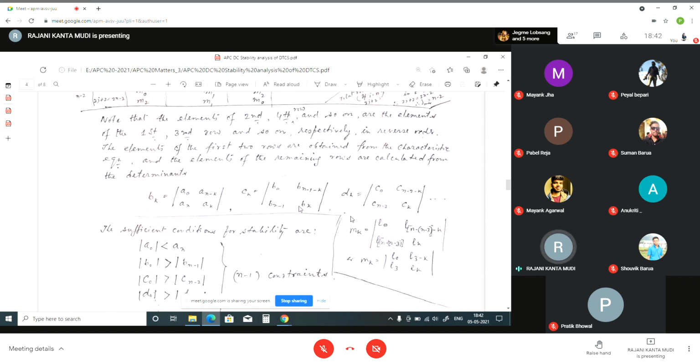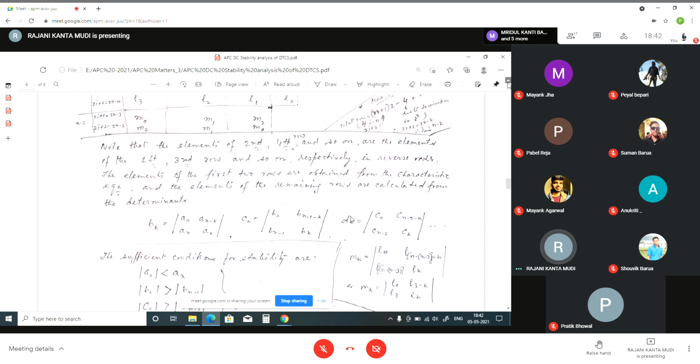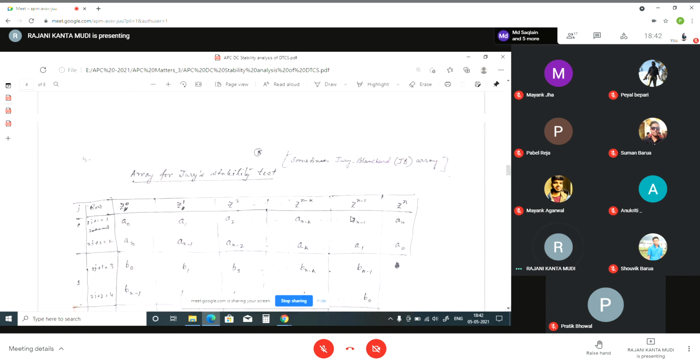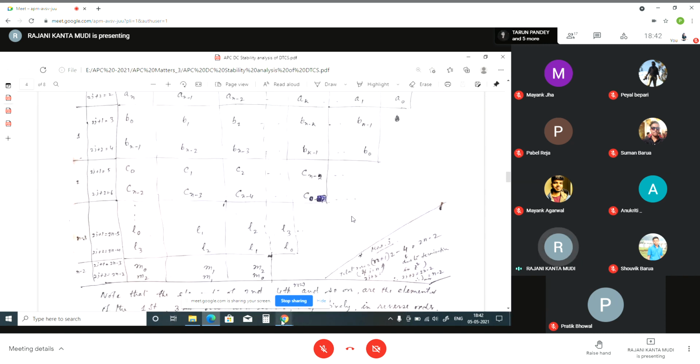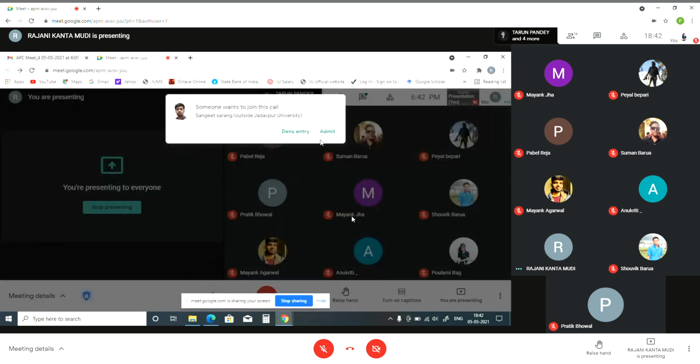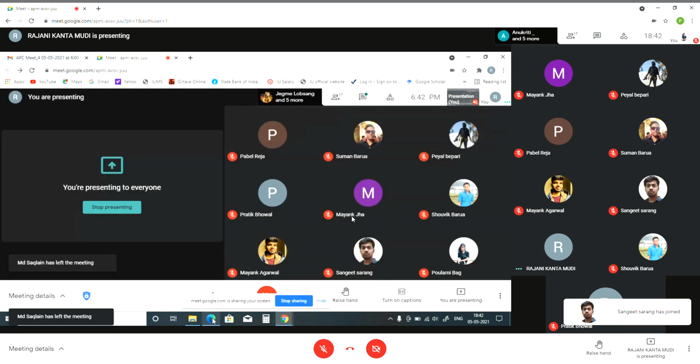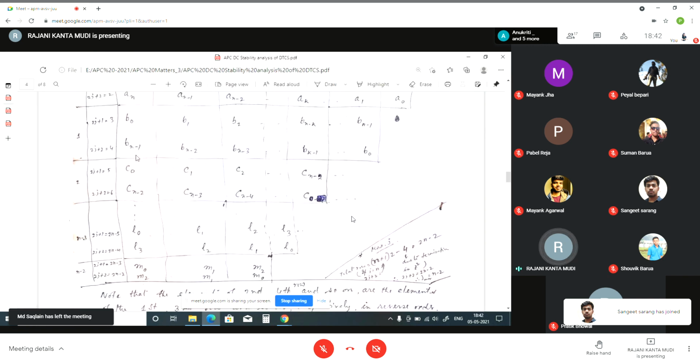One by one, this will be minus 1, next minus 2, okay, minus 3. If you carefully observe this Jury's formation, there is a j term, there is a rho term. You see b n minus 1, this is a 1 n minus 1, this is 2 n minus 2. When you calculate any coefficient, say bk is a0 an